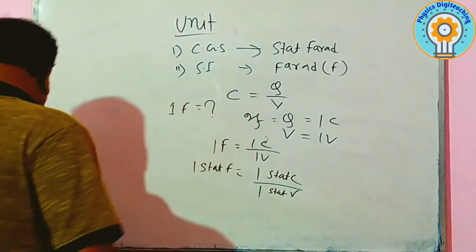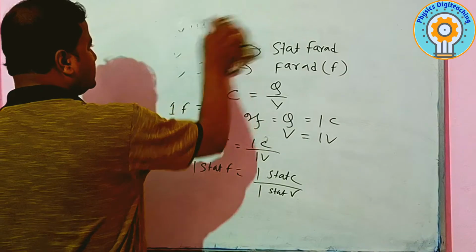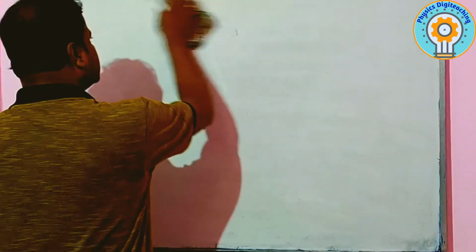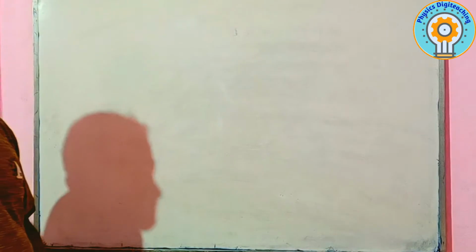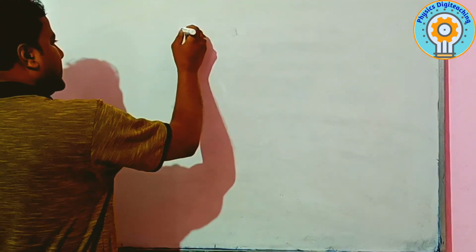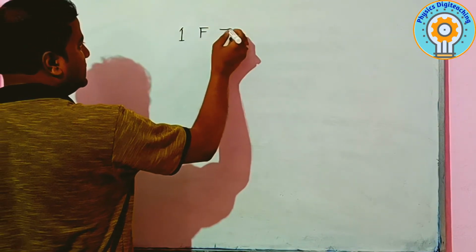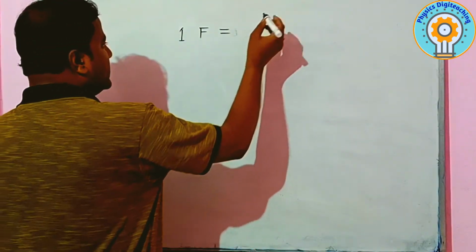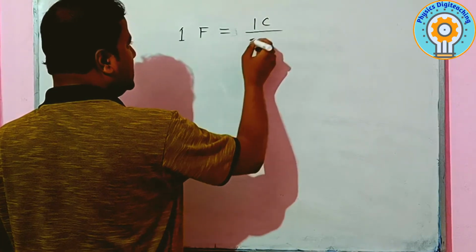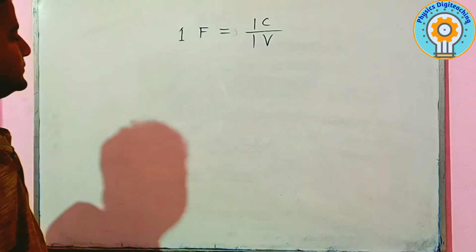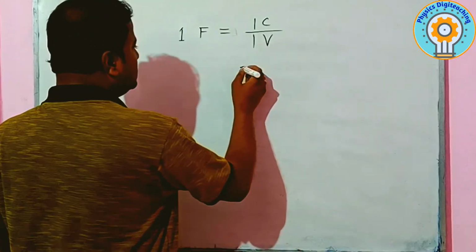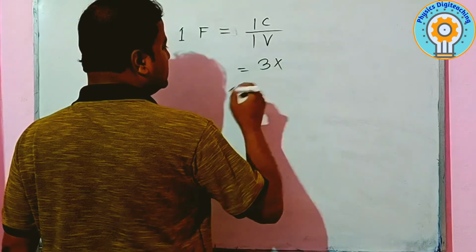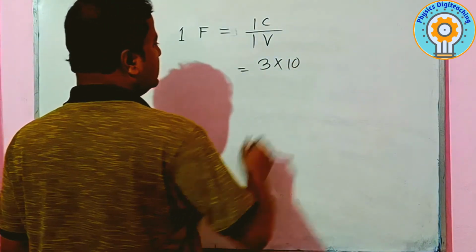Now we derive the relation between stat farad and farad. First we write 1 farad. What is the definition of 1 farad? We already defined 1 farad equal to 1 coulomb by 1 volt. Now 1 coulomb equal to 3 into 10 to the power 9